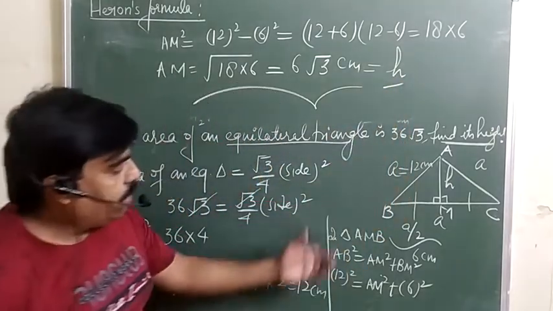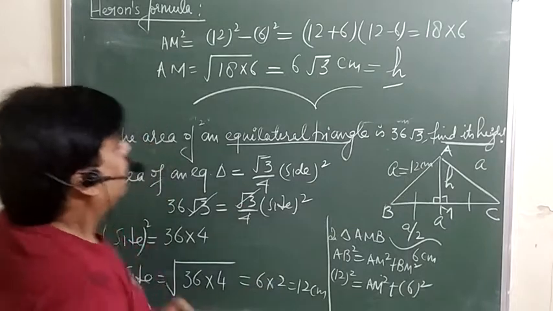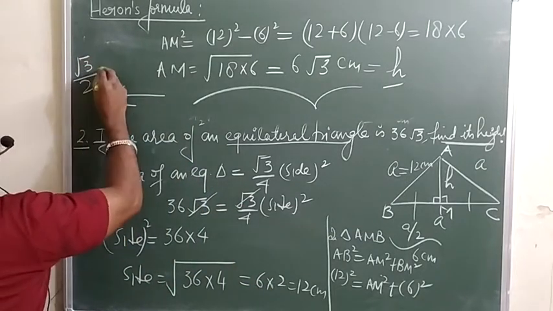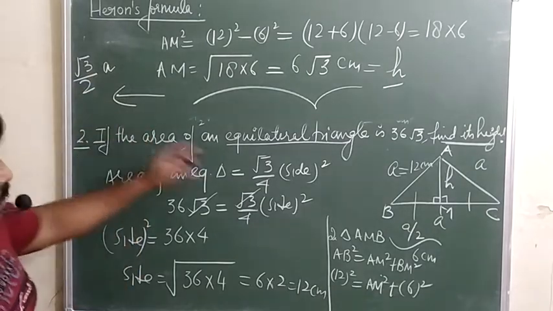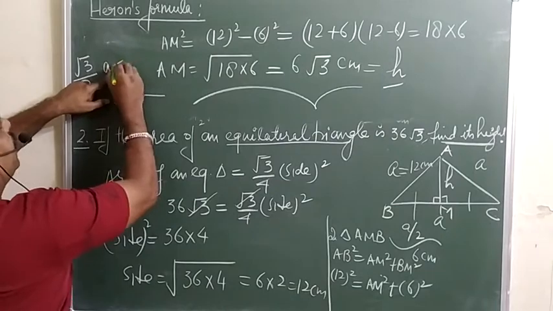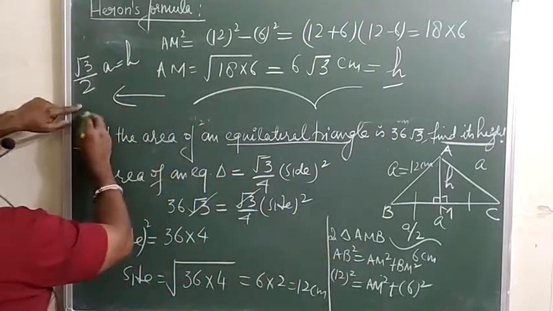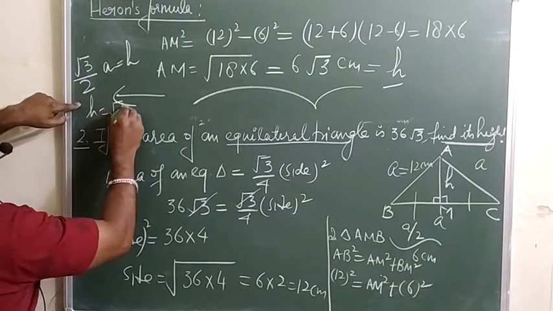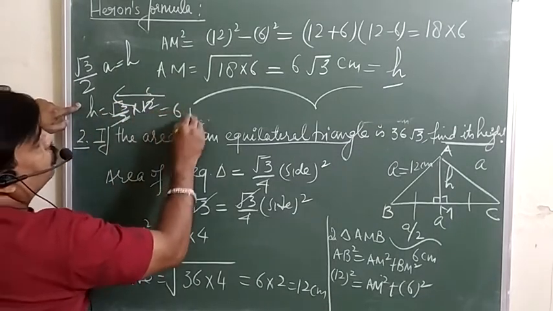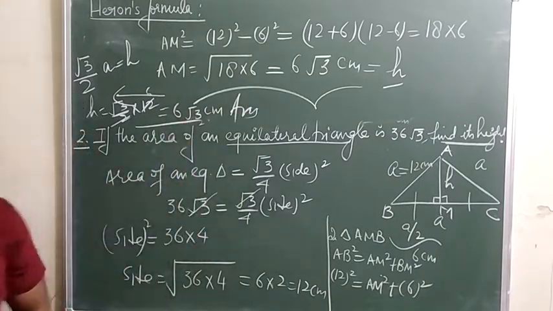H is here only. Or directly you can do, that is root 3 by 2. Directly, if we talk about it, then the height is always root 3 by 2 into A. A is already given 12. You can put here only, this is the formula for the height. Then directly you can do, ये करने के बजाय direct भी कर सकते हैं. तो यहाँ से देखिए h करेंगे तब भी यही आएगा, root 3 by 2 into 12, 2 6 है. So you are getting 6 root 3 centimeter. This is your answer. Have a look.